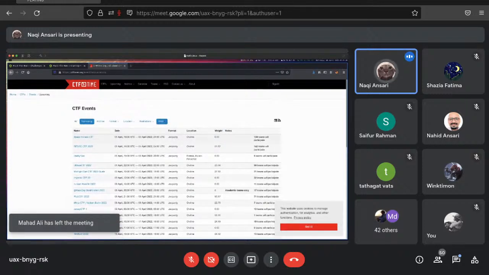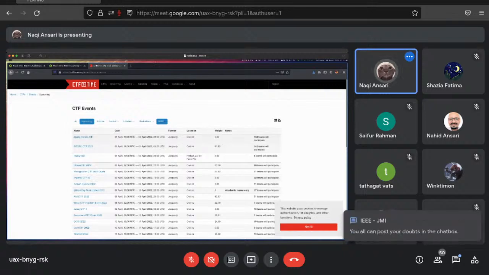A weight of 0 means that this CTF is really new and the difficulty won't be that hard. The higher the weight, the more successful events they've done before, and the more difficult it will be. But you shouldn't get demotivated by the harder CTFs.